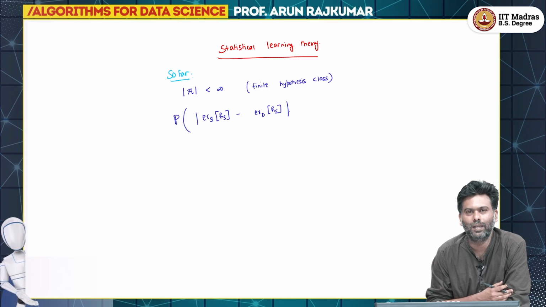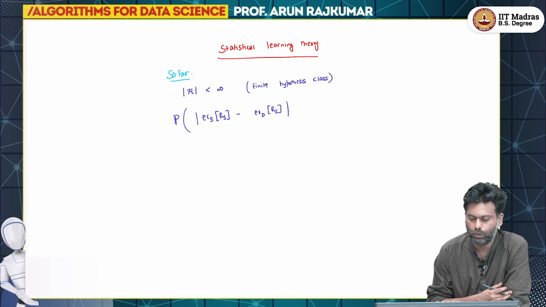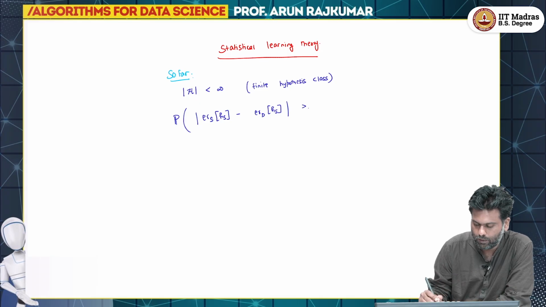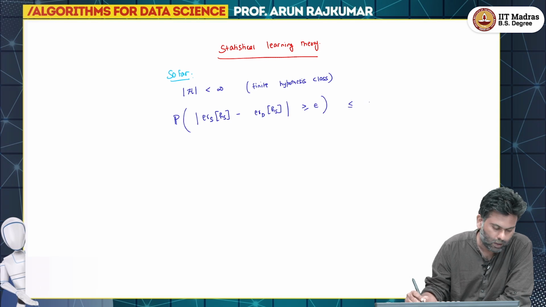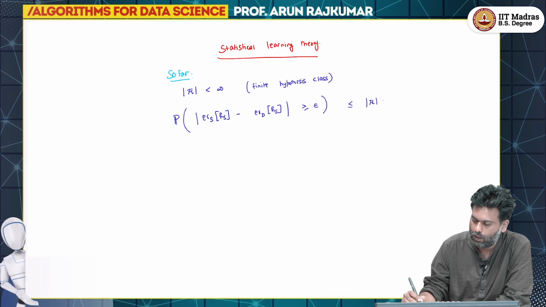So, what is the probability that h_S makes a mistake with respect to the underlying distribution D? This difference is greater than or equal to epsilon is less than or equal to, specifically we proved, the cardinality of H times e to the minus